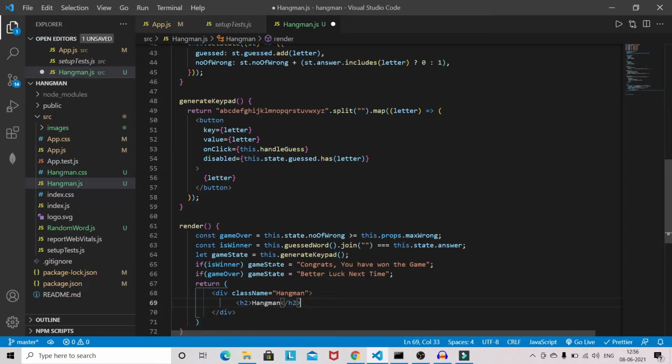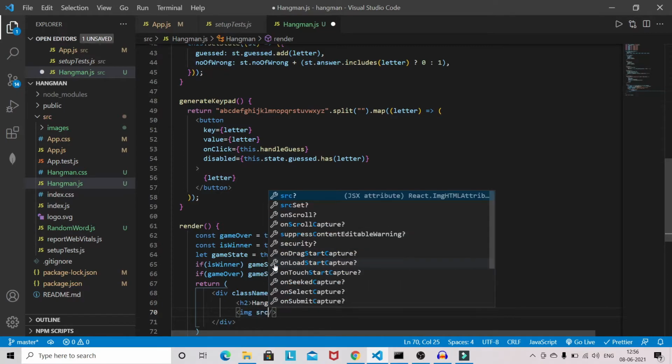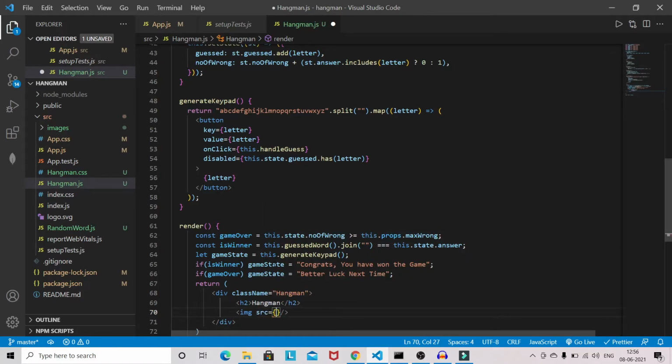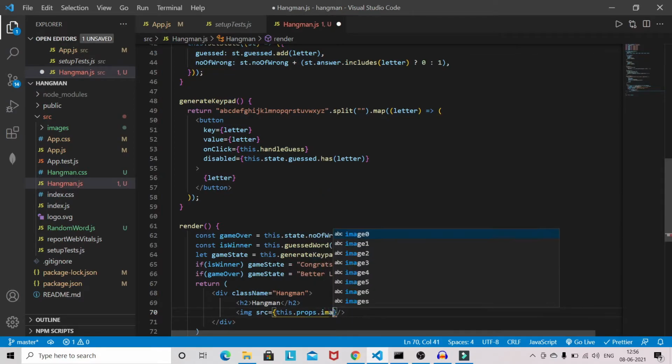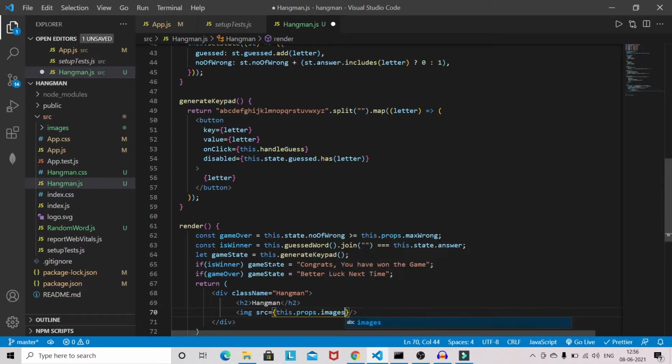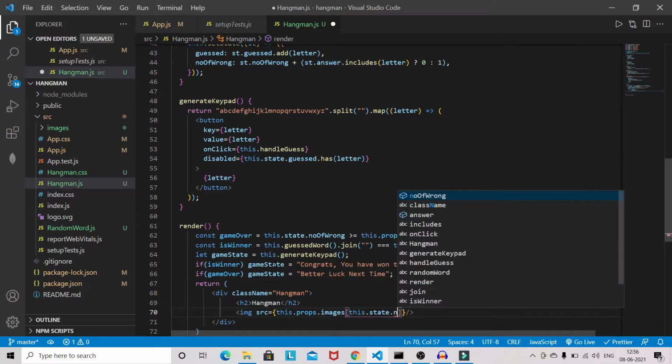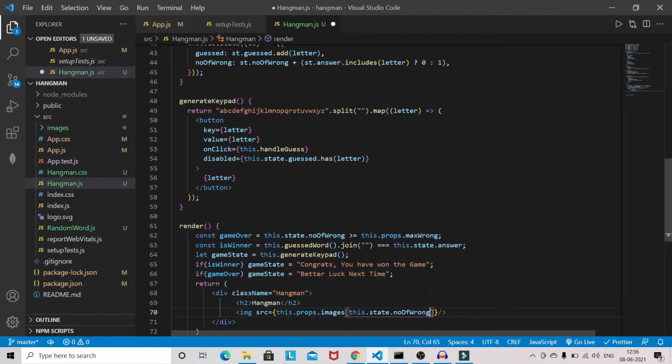So we have given the heading, and for the image tag we have to use source. The images are in the default props, so we are going to access it through this.props.image, and the image will change if the user is giving the wrong answer. Like this way the image will get changed.